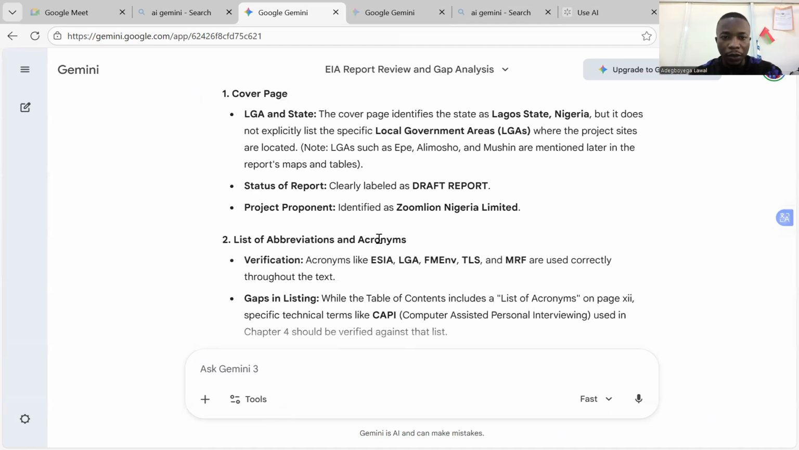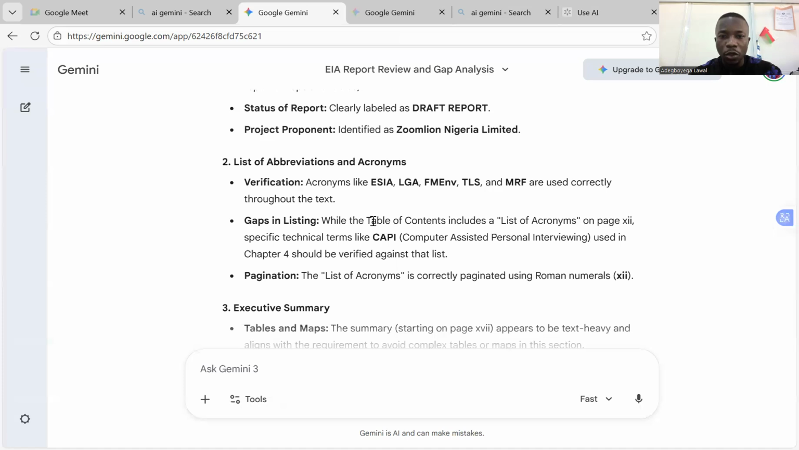List of abbreviations and acronyms. So it has verified that acronyms like ESIA, LGA, FME, whatever, are correctly used. These are the gaps. There are some like CAPI, computerized assisted personal interviewing. It was used in chapter 4. You can see it has gone through chapter 4 to bring up that. But if I'm not satisfied, I can still run an additional search and say search